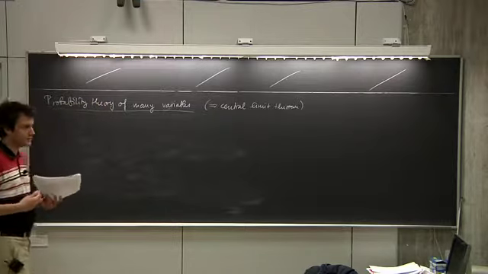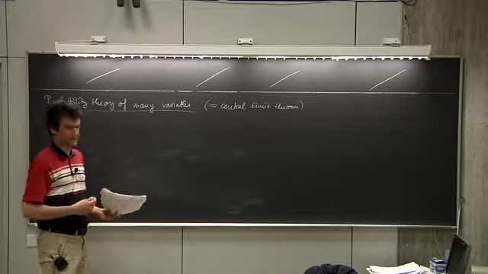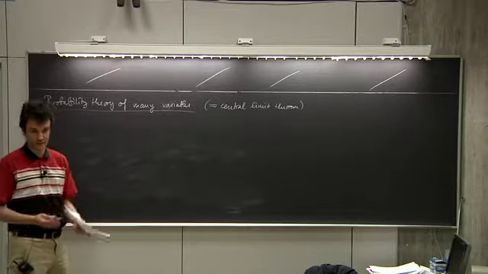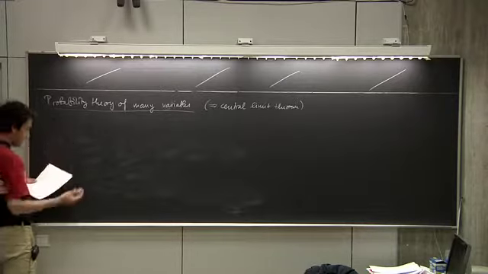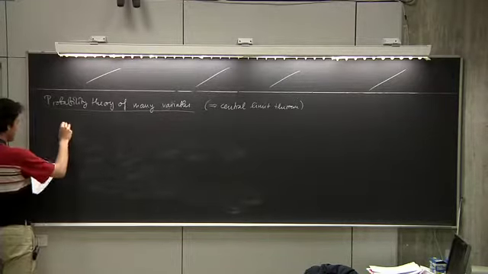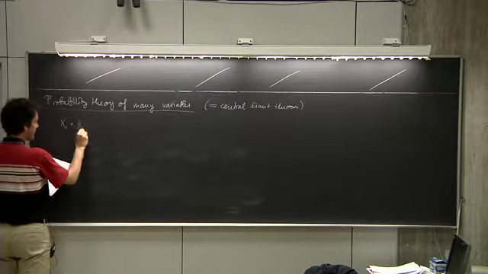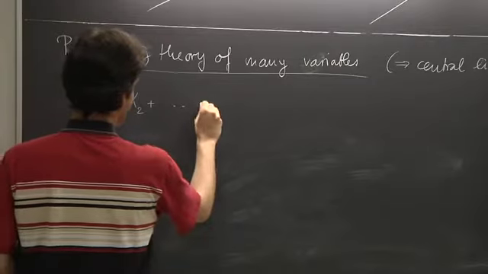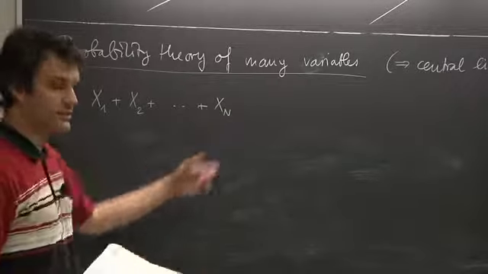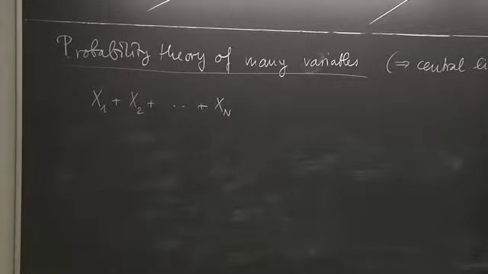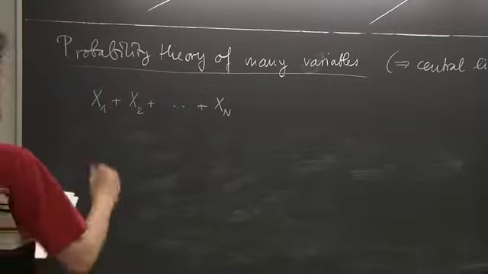Or if you do 1,000 measurements, is the result going to be better by a factor of 10 or by a factor of square root of 10 or what, right? So, in order to do that, we want to understand what happens with sums of many random variables. So think of these as the velocities of your particles that you want to measure, and I want to see what is the average. So I define